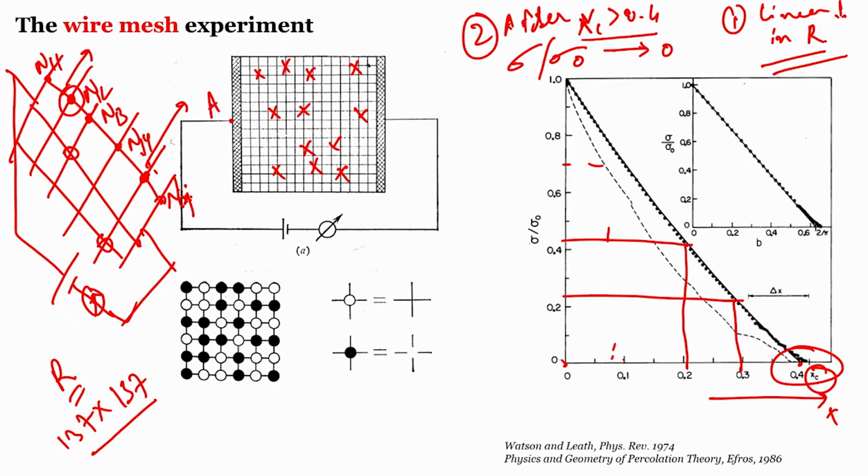If I call this point A and this point B, there won't be any single line which can continuously form a network of such nodes from point A to point B. And remember, at this particular point the conductivity drops to 0, and this particular point where conductivity drops to 0 is something called as percolation